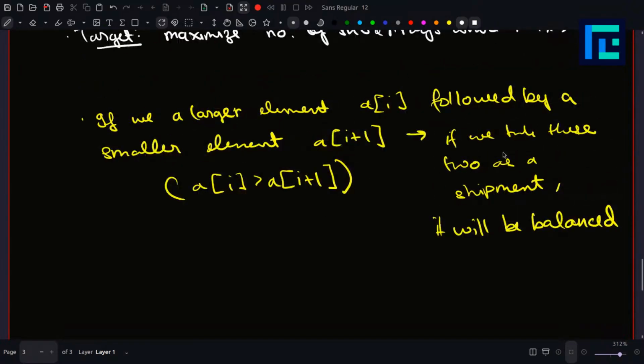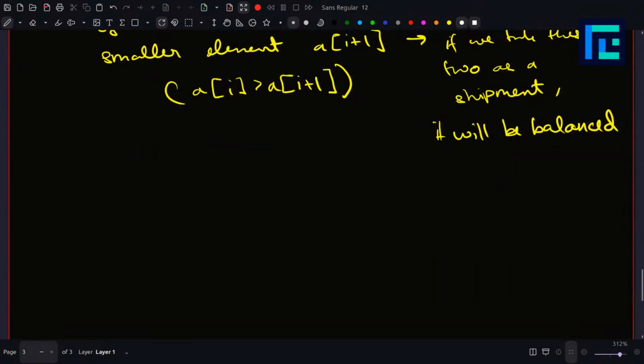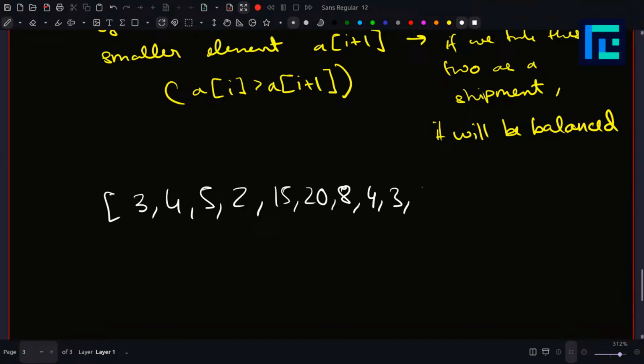From this observation, I can give you an example. Say we have an array like 3, 4, 5, 2, 15, 20, 8, 4, 3, 6, 2. If we have an array like this, then every time there is a larger element followed by a smaller element, for example here, 5 is the larger element and 2 is the smaller element,